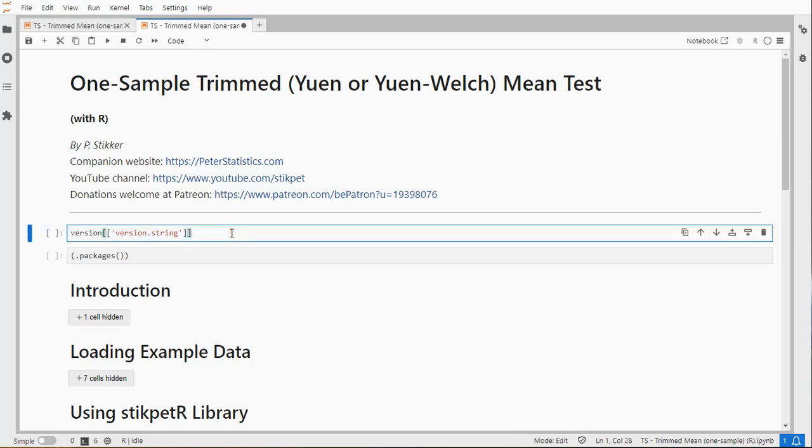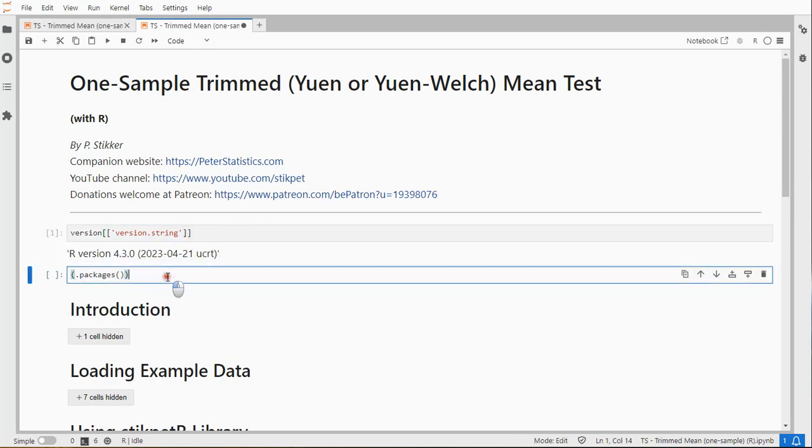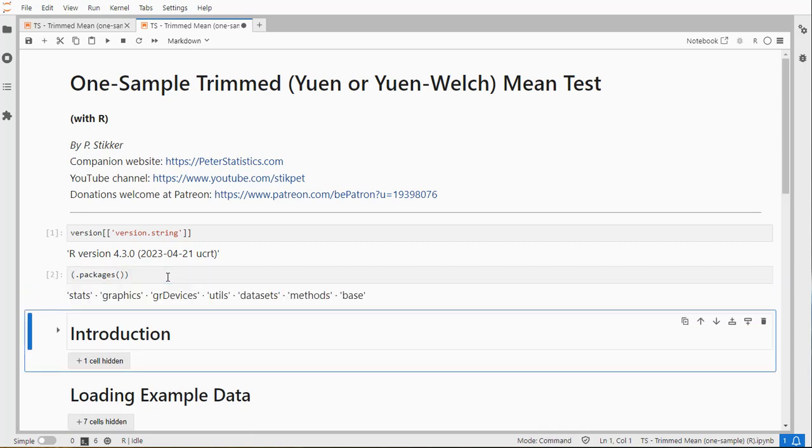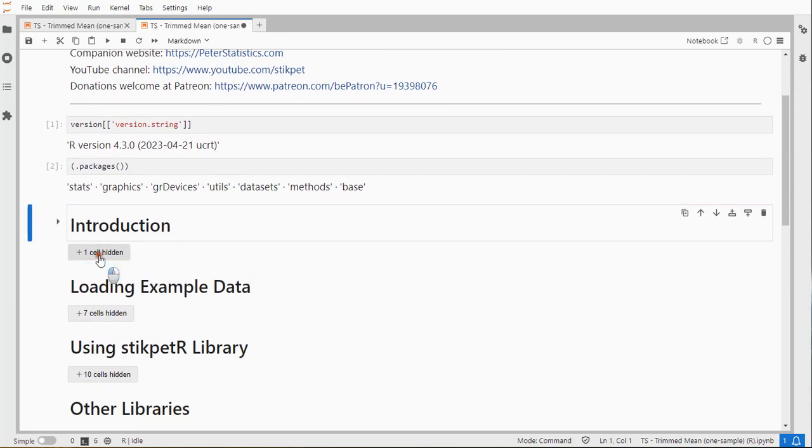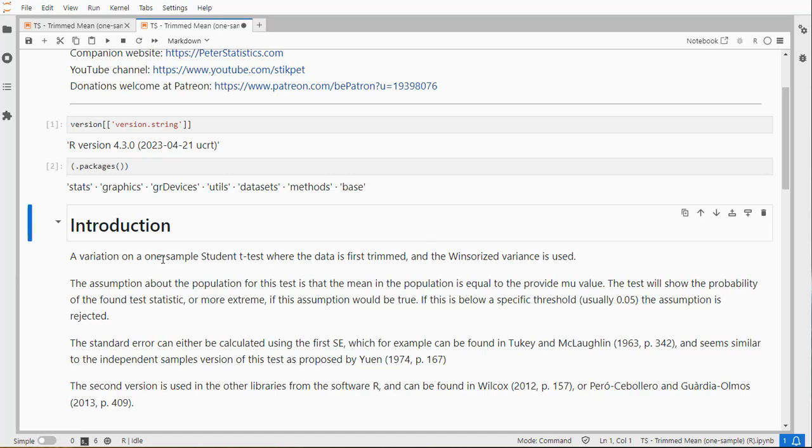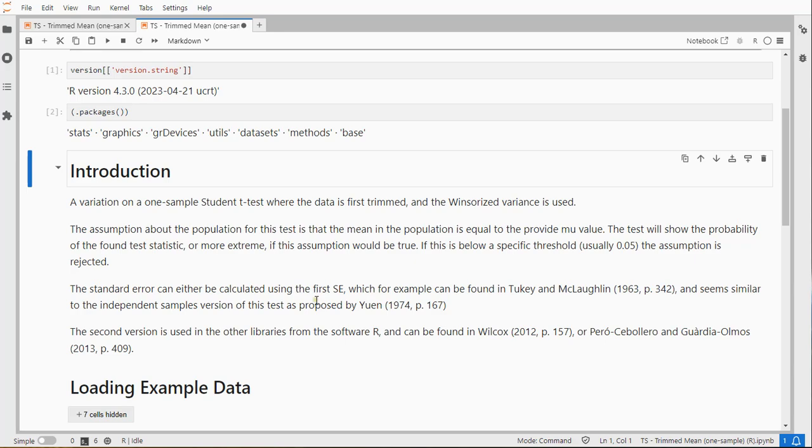I'm using R version 4.3 with the basic packages that come with R pre-installed. I'm using Jupyter Lab, but the R code should also work in, for example, RStudio. Now, this test is similar to a student t-test, but instead of looking at the regular mean, it actually looks at the trimmed mean and uses the winsorized variance. I've also come across two different variations on how to calculate the standard errors, so that will give two slightly